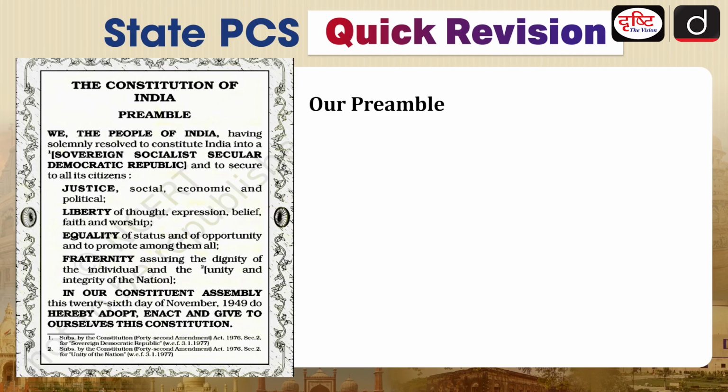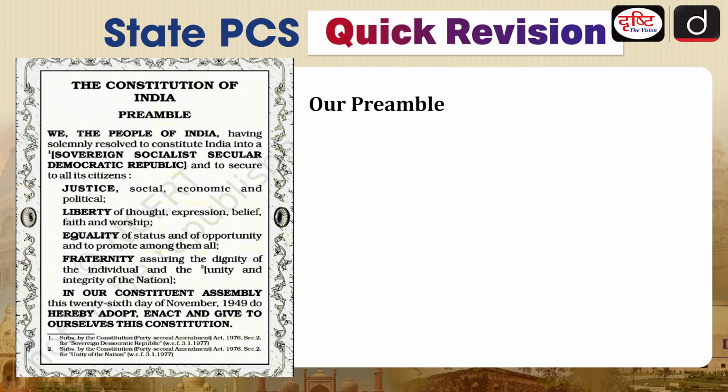Here you will see that there are certain words which were added later, that is socialist and secular. These two words were added later. In the footnotes they have mentioned that by the Constitution 42nd Amendment Act they were added. Other than that, the preamble is talking about securing for all its citizens justice, social, economic and political; liberty of thought, expression, belief, faith and worship; equality of status and of opportunity; and to promote among all fraternity, assuring the dignity of the individual and unity and